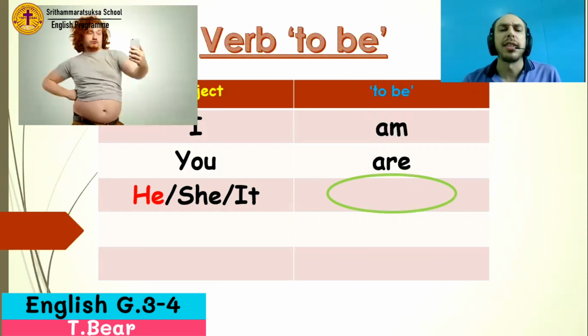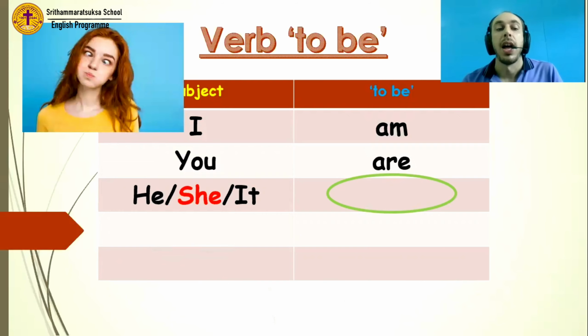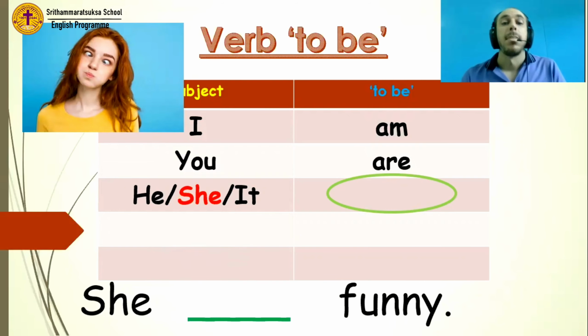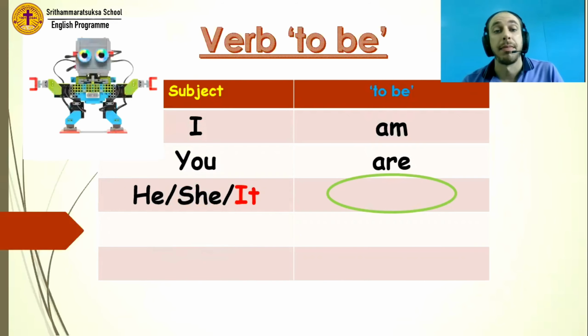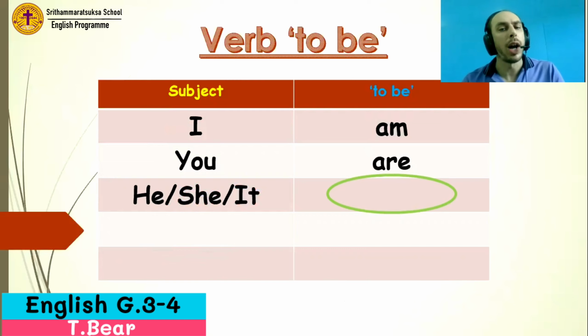Okay, let's look at some example sentences to think what word goes in the blank. He, fat. She, funny. It, plastic. What goes in the blank? If you said is, you are correct. So our example sentences become,